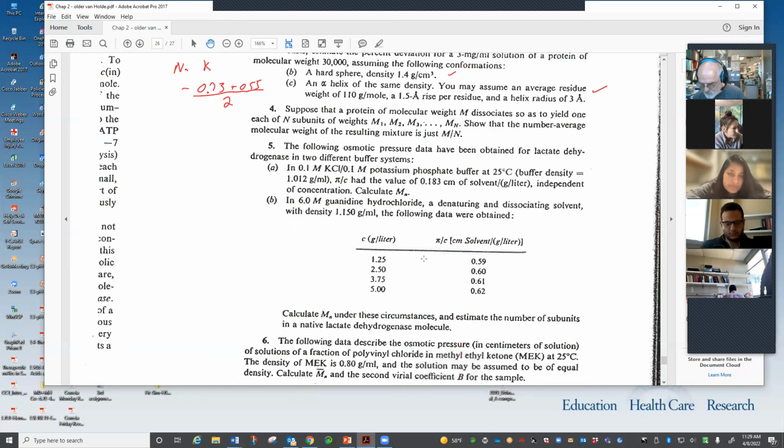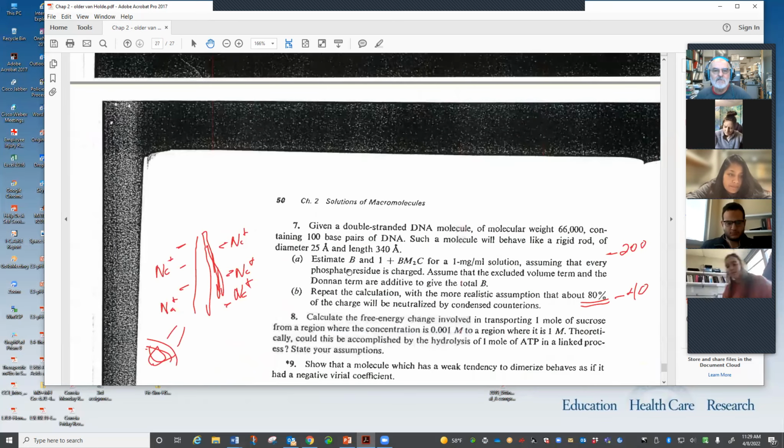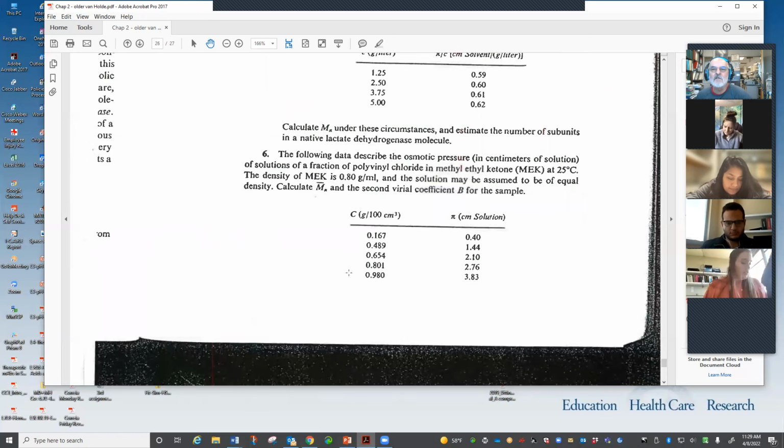One of the things that, yeah, some of you show me the plot on the page, etc. Okay. And what was next? Is it 6? It was 6 and 7. Yeah, it's 6 and 7. So this is again giving you data for the number average, but then it's also getting the slope of the plot because you're getting the slope out of